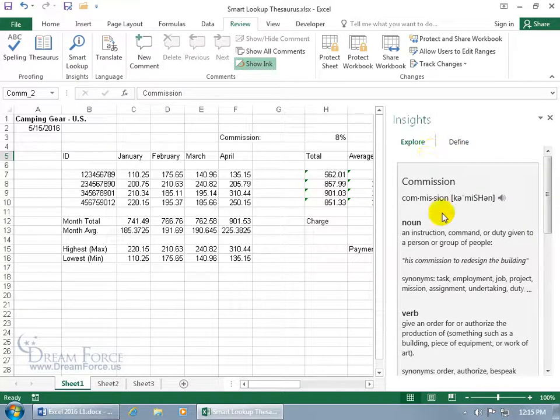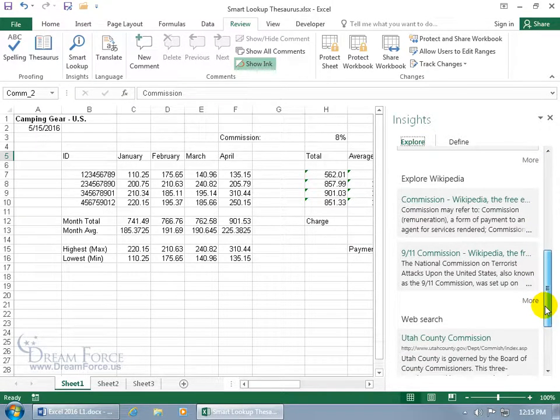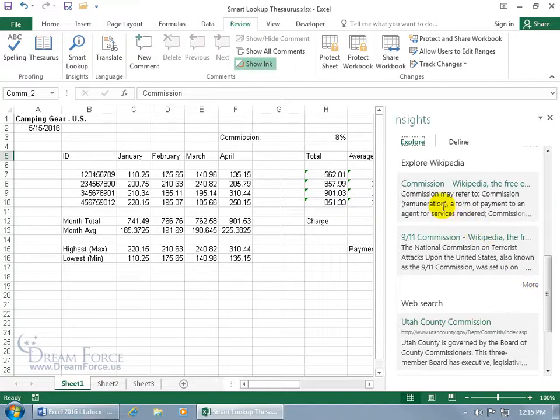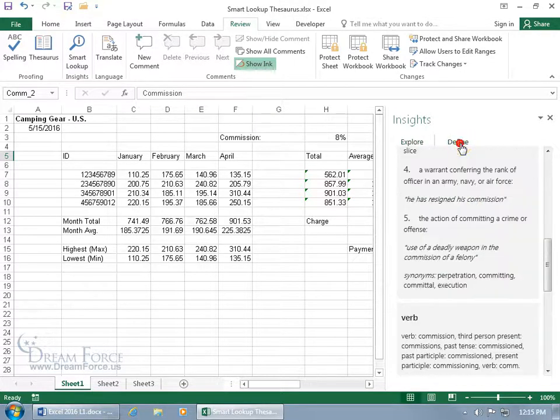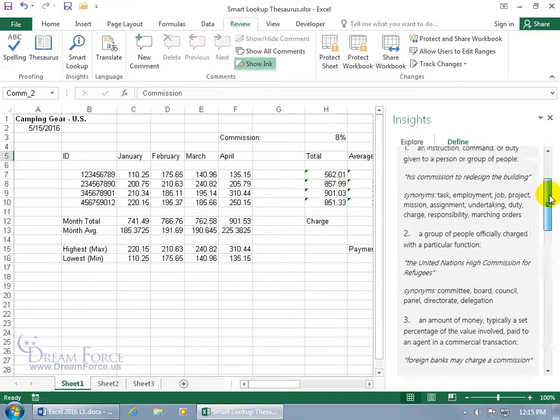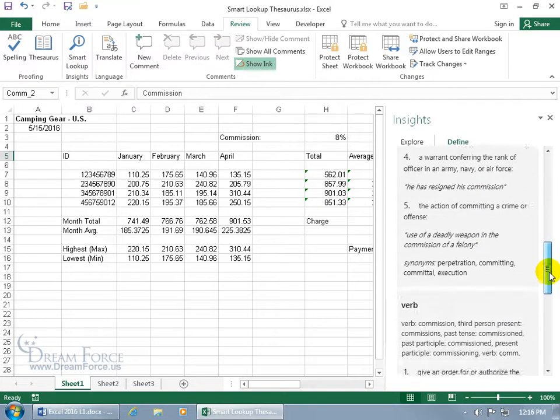First of all, the Explorer actually defines the word, but it goes into it a little bit more in depth down below because it wants to explore in other areas besides the definition, like explore Wikipedia, the Commission, 9/11, Web Search, Utah County Commission. Oh, there's a lot of different commissions, but if you just want to define it, go ahead and click on that to get a bit more detail than what you have on the Explorer up at the top. Here you can see it as a noun, and then just go ahead and scroll down as a